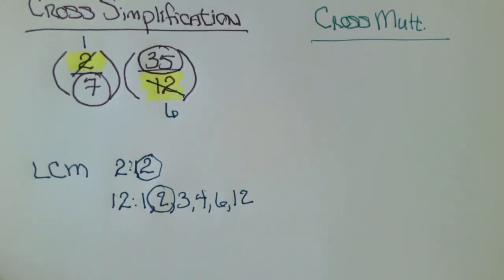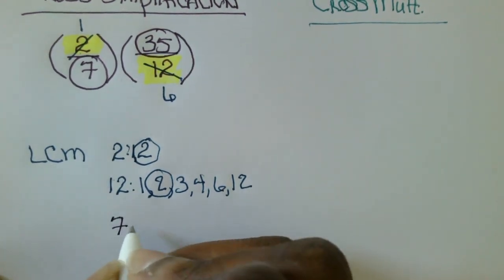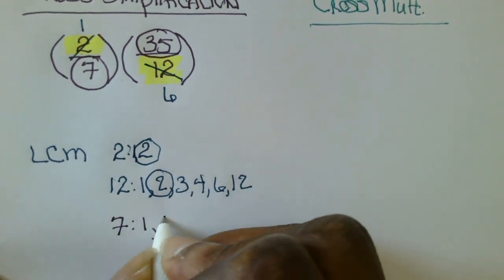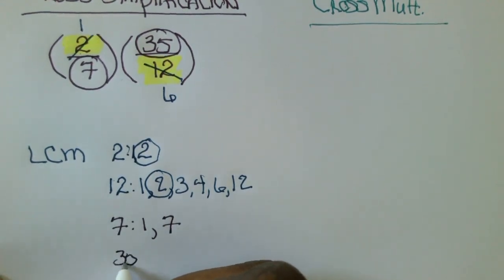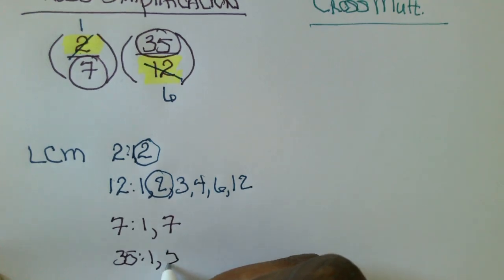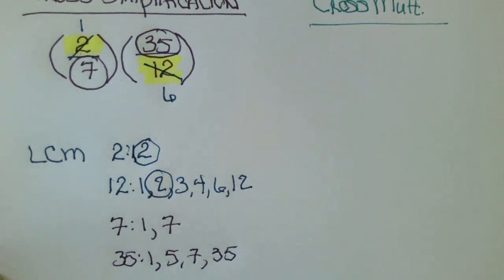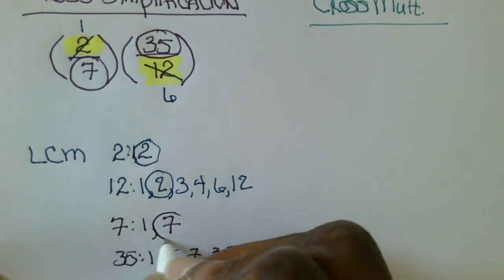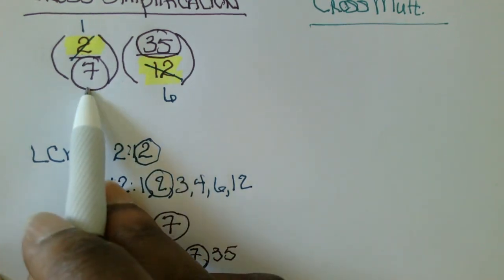So for my 7 and my 35, let's see, where do I find 7 and where do I find 35? Well, in the 7 times tables, we have 1s and 7s, okay, and the 35s you find in the 1 times table, the 5 times table, the 7 times table, as well as the 35s. What do they have in common? Since the lowest number they have in common is 7, I'm going to take the 7 divided